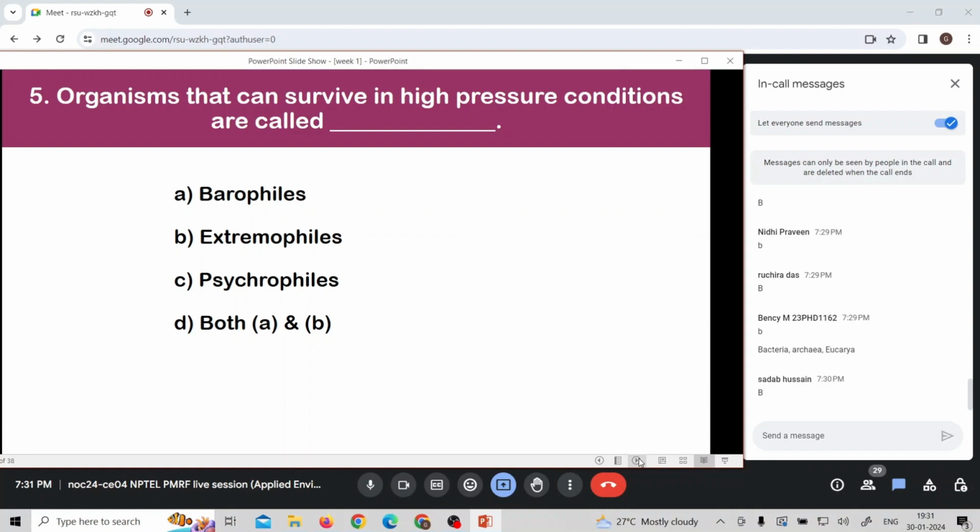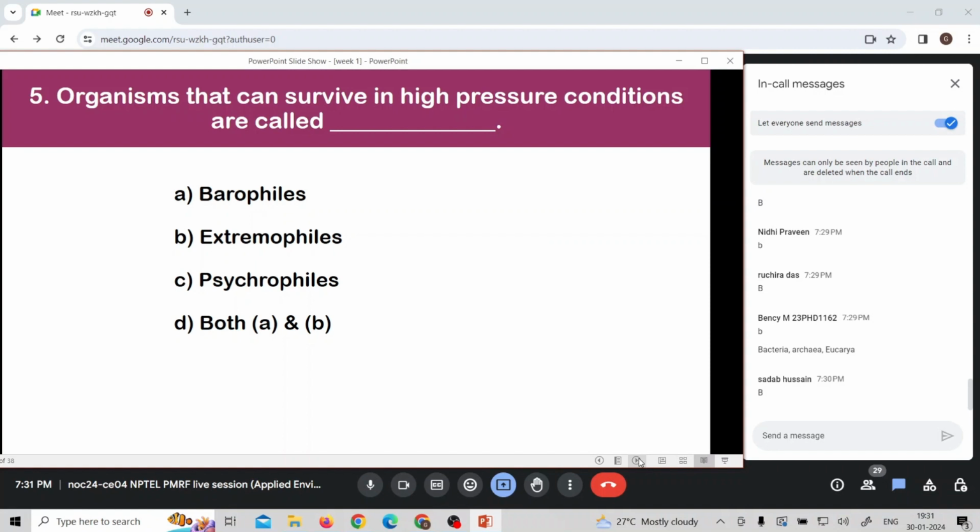I would request you to see the last option, which is obviously the answer, which has both A and B. I got multiple responses which say A, multiple responses which say B, but the answer is both A and